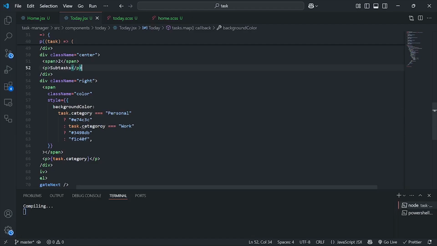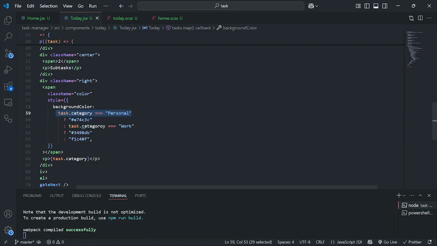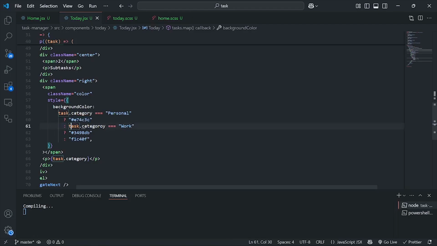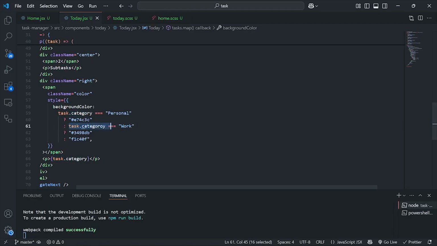So the first thing that we will say: if the task.category is personal, then the color should be this color that we have here. Else if task.category is work, like this, then we should have this color. Else, we should have this color. If it's not any of these two, we should have this color. It's just like an if else statement. So we did not spell this very well, so it should be